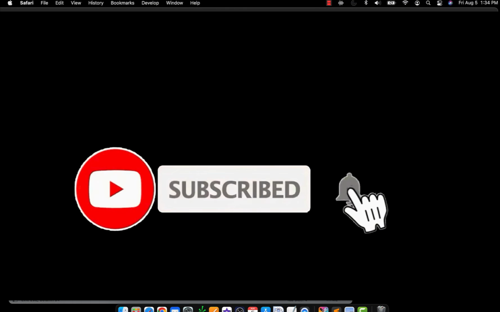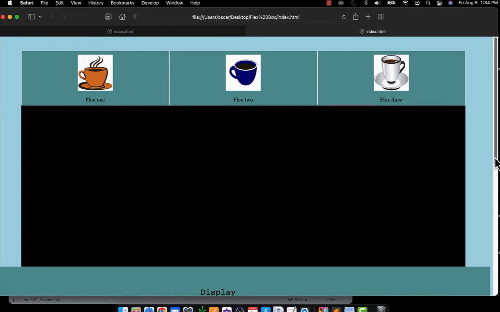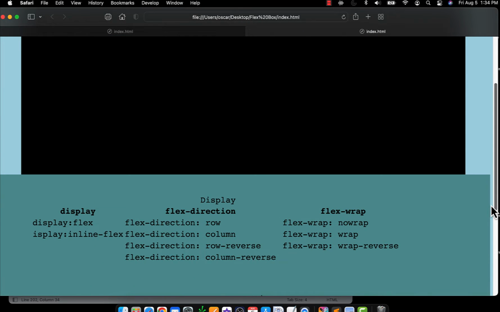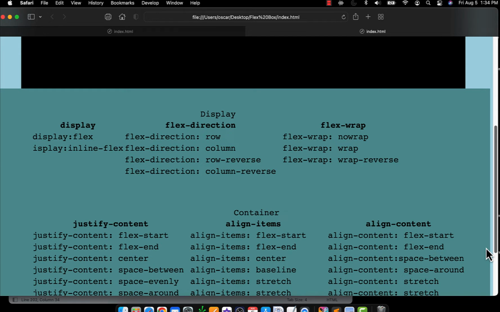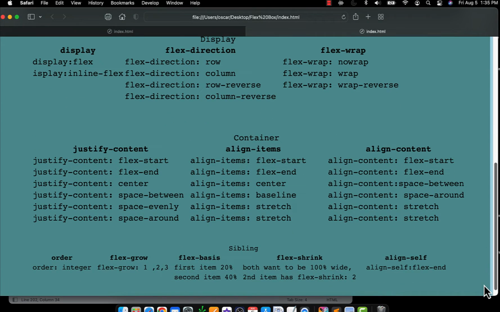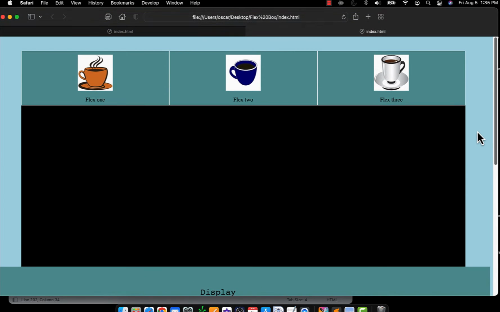Hi guys, I'm going to talk about Flex today. At the end of this, we are going to create such a page, and we are going to use all the directions of flex, flex inline, and the flex container. How does it work? And the siblings, from the parents to the siblings, how does it work? Hopefully you are going to